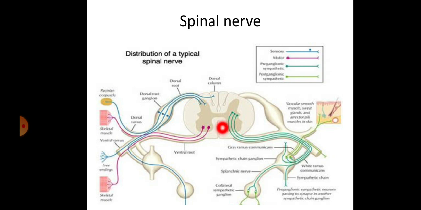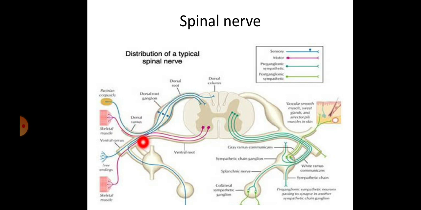Next, we are going to discuss the structure of one spinal nerve. See, this is a spinal nerve. This spinal nerve consists of two roots. One is the ventral root or anterior root, and this is called the dorsal root. The ventral root is always purely motor in nature, and the dorsal root or posterior root is purely sensory in nature. This dorsal root and ventral root join here to form the spinal nerve. This spinal nerve further splits into two, the ventral ramus and the dorsal ramus. Rami are mixed, but roots are pure.